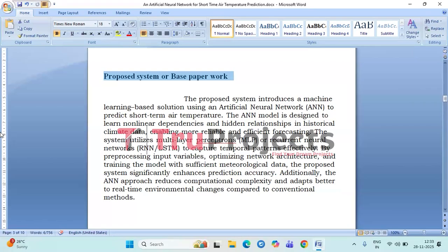The system can be built using advanced neural network structures such as multi-layer perceptrons or recurrent neural networks, including LSTM models, which are especially good at understanding time-dependent data like temperature sequences. Before training, the input variables such as previous temperature values, humidity, wind speed, and seasonal effects are pre-processed and normalized